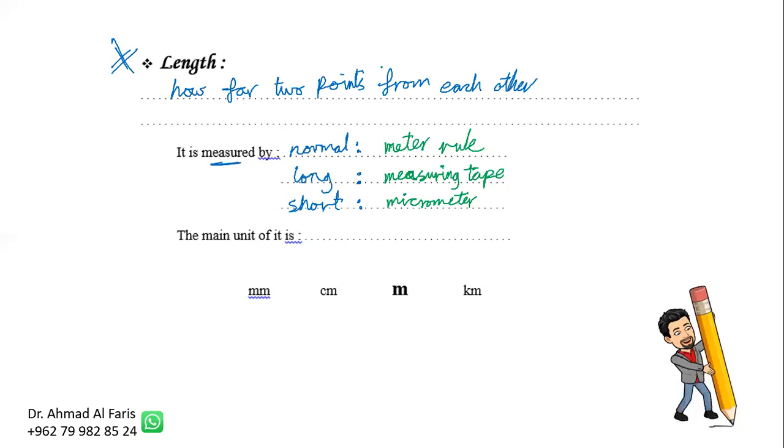Now, each of these instruments has a different use. And the main unit, as you told me now, is the meter. We have to know how to convert from centimeter to meter, from millimeter to meter, and from kilometer to meter. Now there are other things, but you already take those in math. It's not important for us. The Vernier caliper, yes, we can use it for short distances, but they didn't ask about it in our syllabus. They are focused on the micrometer. Okay, so how can we convert